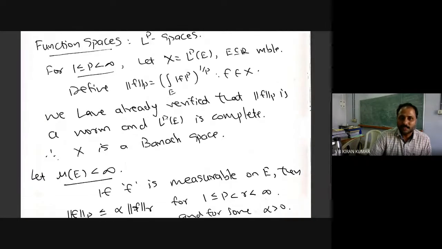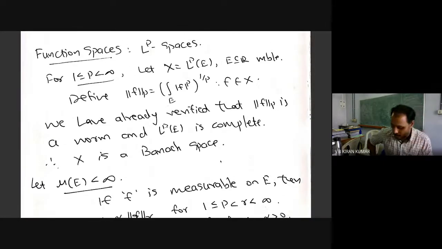Now I am moving to function spaces. When I move to function spaces, the most important example of a Banach space, which we discussed today at the beginning, is the LP spaces. We have seen that it is complete. It is a vector space, a normed space, and the norm is the integral of mod f to the p, to the power 1 by p. This norm gives rise to the metric, and we have seen that it is complete with respect to the metric. This is a very important Banach space, LP. And of course, for p equal to infinity also, we have seen that it's a Banach space.